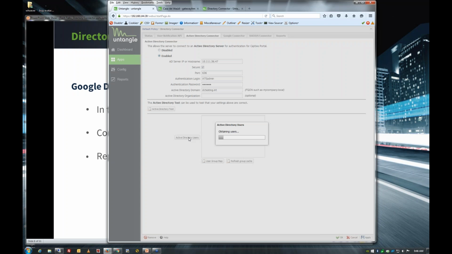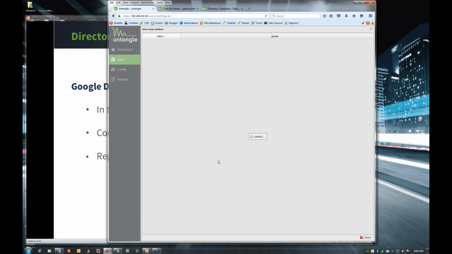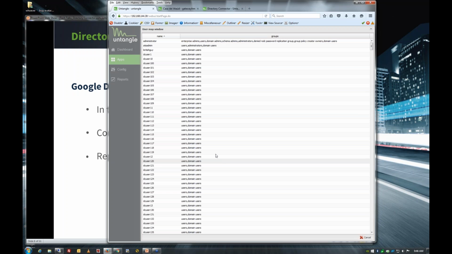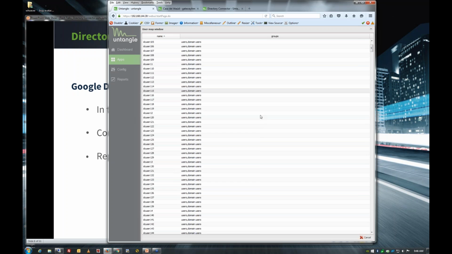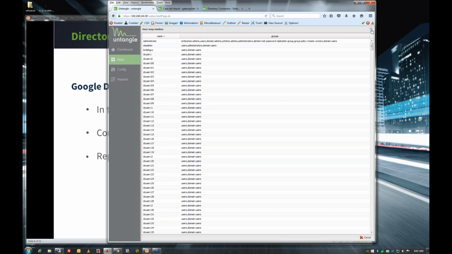You can also get a list of all the active users to verify that the users in the domain you picked are the users that you're looking for. There's also user groups. You can go ahead and use usernames in the username field on the rules. For example, let's see here. I don't have any usernames set up. So, for example,